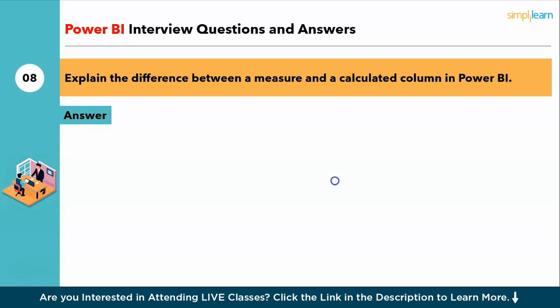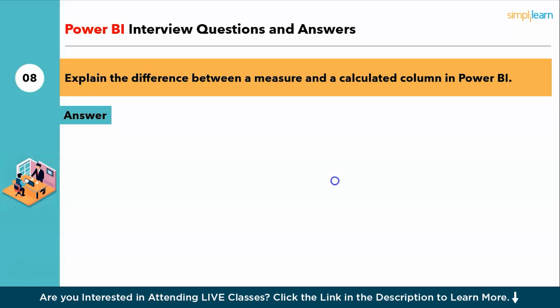Now for this question, what's the difference between a measure and a calculated column? A calculated column is something which you generate out of a calculated field, right? Let's say you have the quantity and you have the price, but you don't know the rate of each product, correct? In such scenarios, you can write up a calculated field and build a new column called rate of product. That particular column is a calculated column, which is newly generated after writing a calculated field.